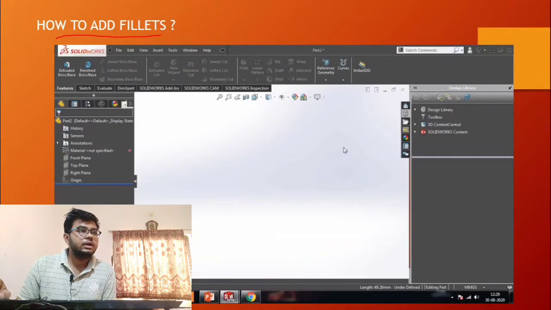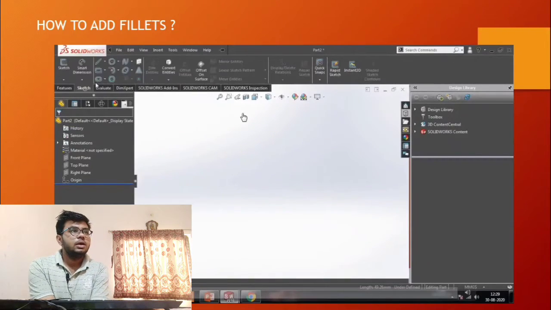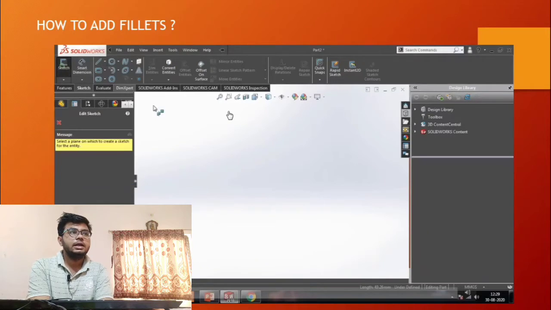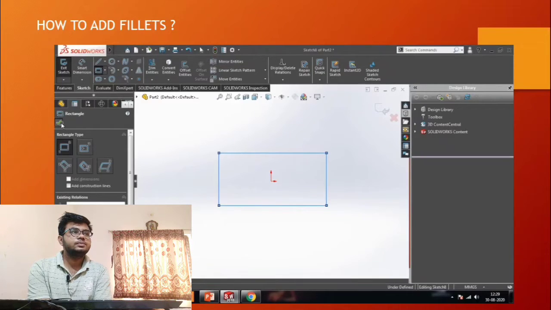I used the mouse, so the dimensions are not properly accurate. This sharp corner will create some problem, so to give a proper round shape, that round shape is called a fillet. To do it, I select a sketch on the front plane and again draw a corner rectangle.